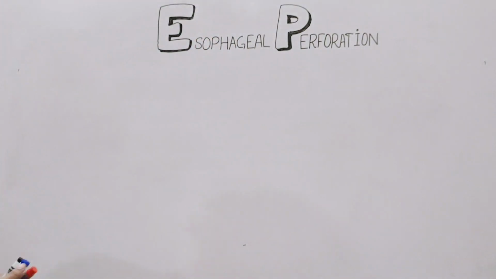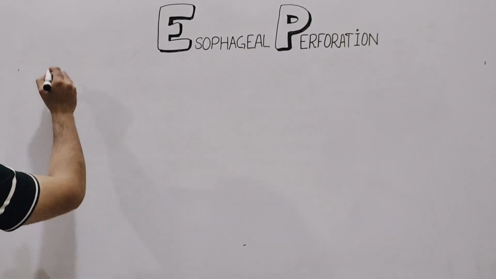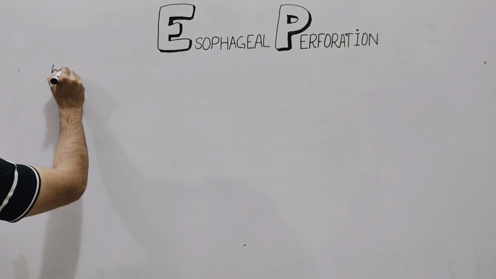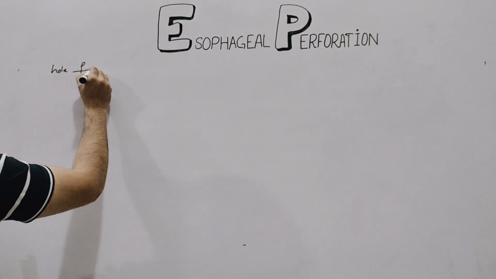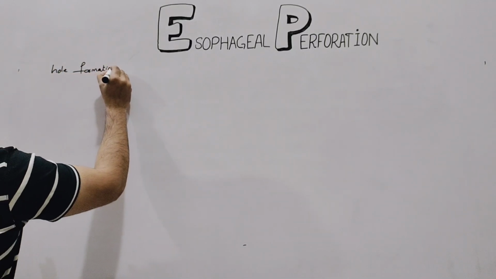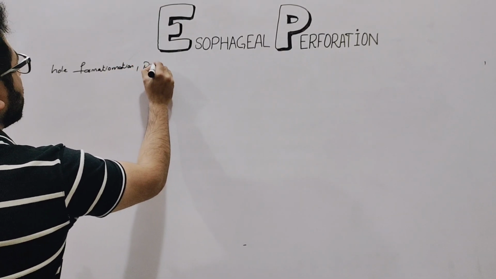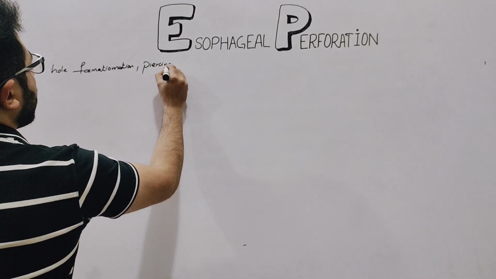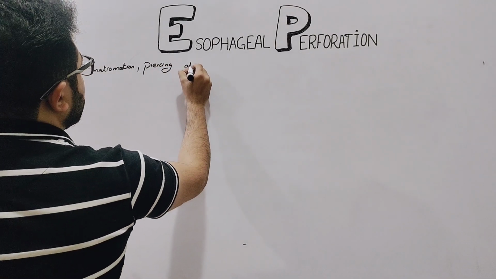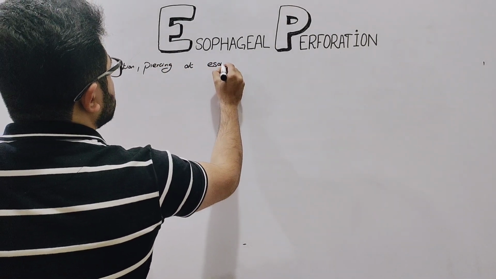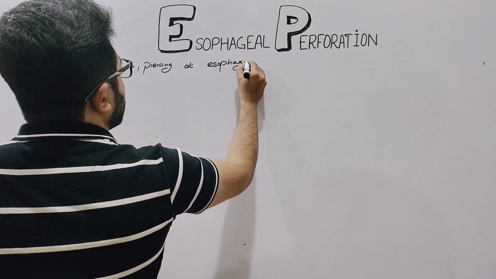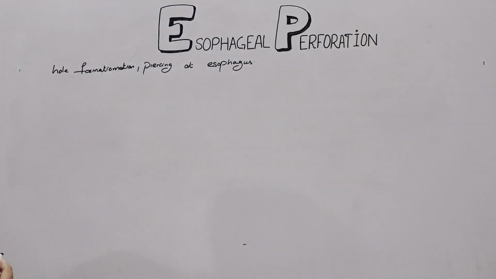So, esophageal perforation. What is esophageal perforation? Esophageal perforation is a hole formation or piercing at the esophageal level, the esophagus, that may lead to some complications. And the causes are,